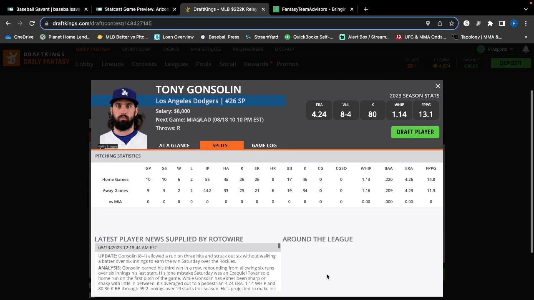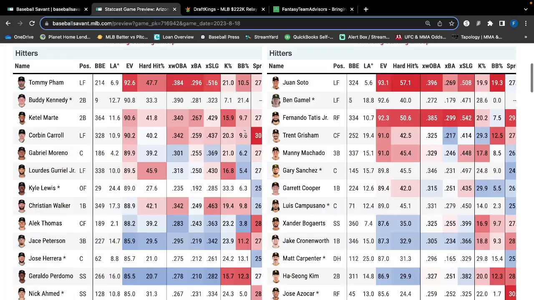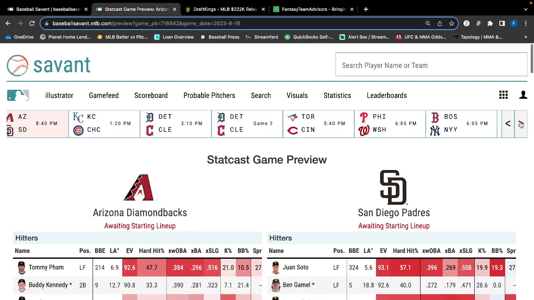Splits-wise, hasn't faced Miami this year. Pitching at home, 4.26 compared to 4.23, so very similar. It doesn't really matter if he's home or away. At home, he has more strikeouts in one more start, giving up two more home runs. I don't know. At 8,000, maybe throw him in tournaments, but these Miami bats have actually been decent when we've